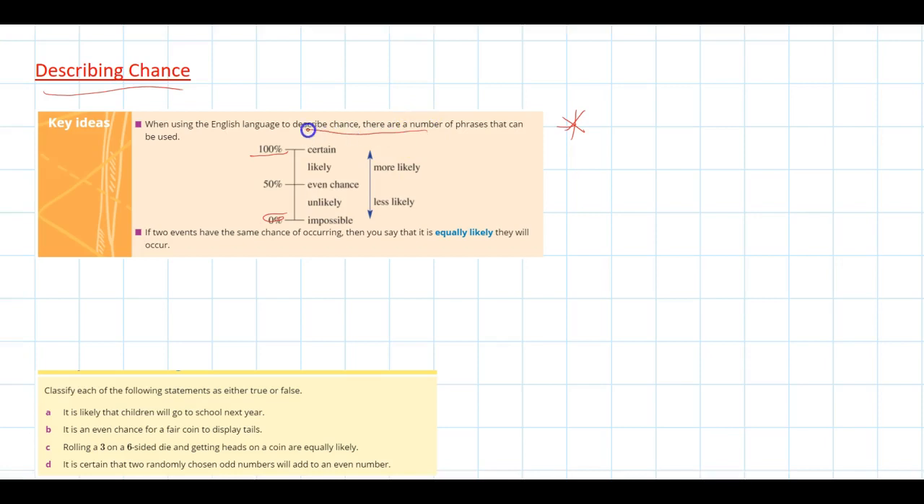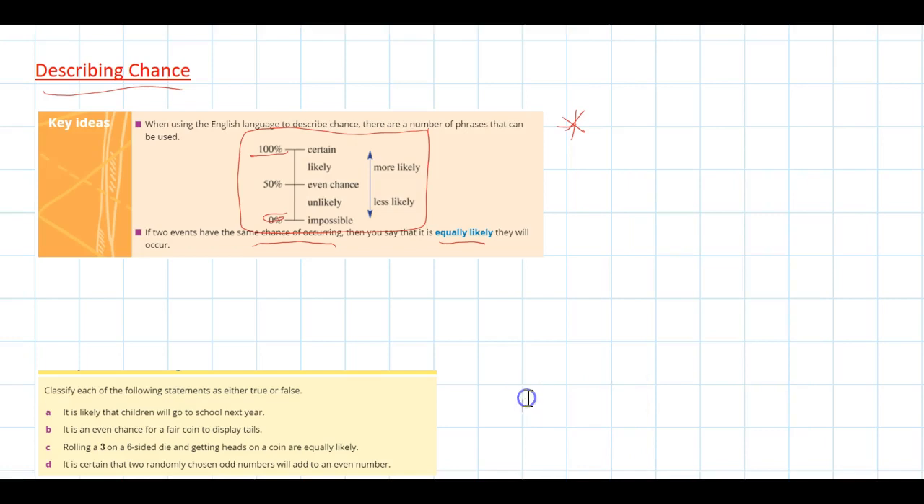So draw down this image here. So draw down what that was, and you can see it's sort of like a scale ranging from being extremely certain or certain that something will happen down to likely, an even chance, so that's more of a 50-50, unlikely, and then impossible. So write down that in your books. Now, if two events have the same chance of occurring, then you'll say that it is equally likely that they will occur. So it's basically using the vocabulary, the language that we need to use